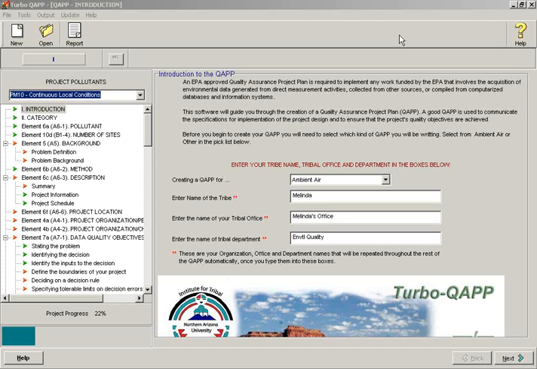So what is QAPP? QAPP is a program that we developed. I started off on this job helping tribes write QAPPs, and I developed, I think, 13 or 14 different templates for QAPPs that were just long Word documents, some of them close to 100 pages long. And what I found is that what people tended to do is just do a global find and replace of the material that was generic, like Melinda's office, for the tribal office name with their information, and it really wasn't making